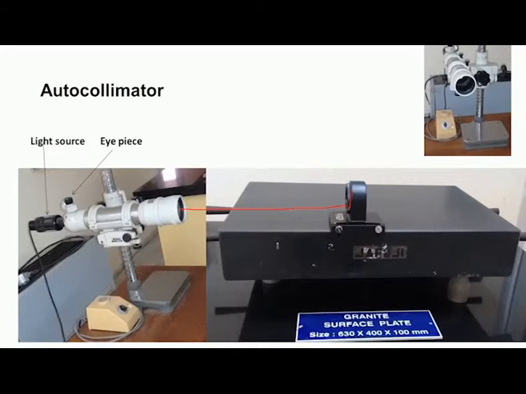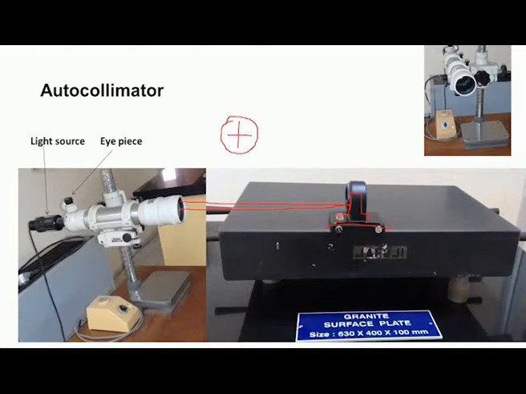If there is some inclination, if the surface is like this, some unevenness is there, then because of this the mirror is at an inclined position. Now, light will reflect back in this path, and so inside we have a view field. So, it looks like this. When we observe through the eyepiece, the view field is like this.